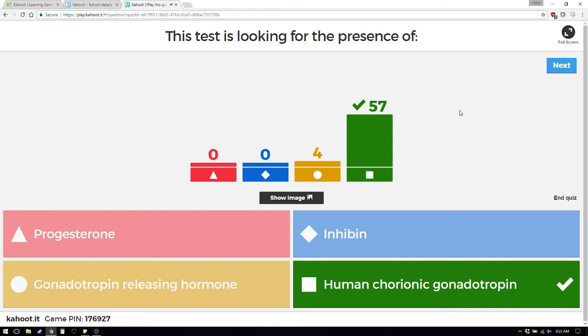There we go. Okay, so we're looking for human chorionic gonadotropin. Why are we not looking for progesterone or estrogen? Yeah, those are always going to be secreted, right? They're always going to have some levels of those around, in varying amounts depending on what phase of the cycle you're in. So those aren't really specific for being pregnant. Inhibin, why would that not be the case? Yeah, what does inhibin have an effect on? Yeah, it feeds back and inhibits FSH. So again, not really specific for being pregnant. Gonadotropin releasing hormone helps to release things like LH and FSH, but that wouldn't be super useful for our purposes. But HCG is the thing you absolutely are looking for because that starts to get produced by